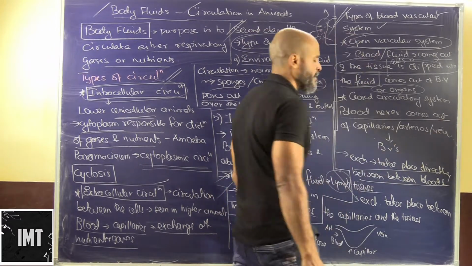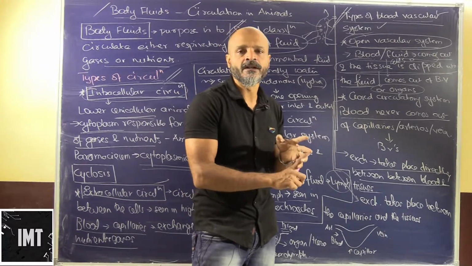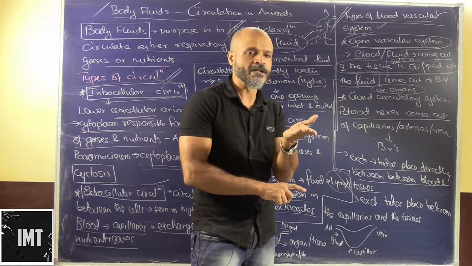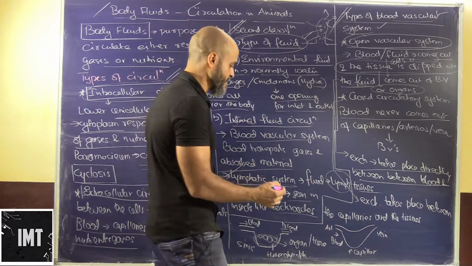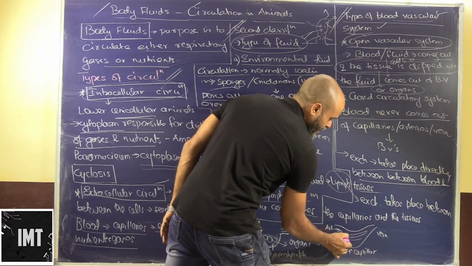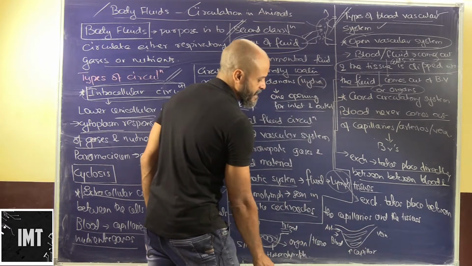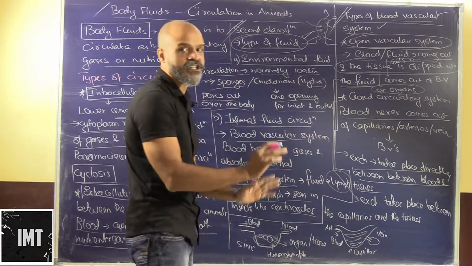In human beings, the blood is transported by the arteries. It is carried through the capillaries to the tissues, and it is finally carried back to the heart by the veins. So here is the blood which is coming through the arteries. We will have a fine network and branching, which is basically known as the capillaries. The tissues are somewhere here. So here is how the exchange takes place.